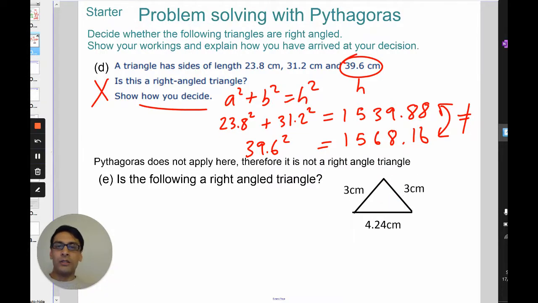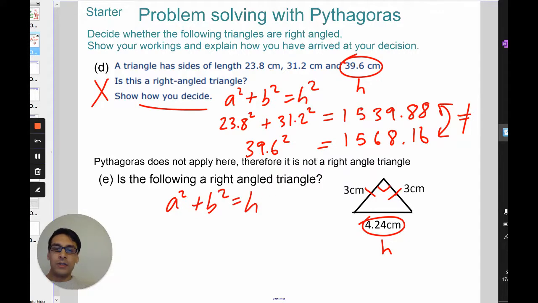If my pen works. It happens to be a right angle triangle that's also an isosceles triangle. So you can see those two lengths are the same. So your 90 degree is there, which means your hypotenuse is there. That's your h. Okay, so we have a squared plus b squared equals h squared. So 3 squared plus 3 squared equals, well, we can do this in our head, we know it's going to be 18. Now if h squared is 18, well,